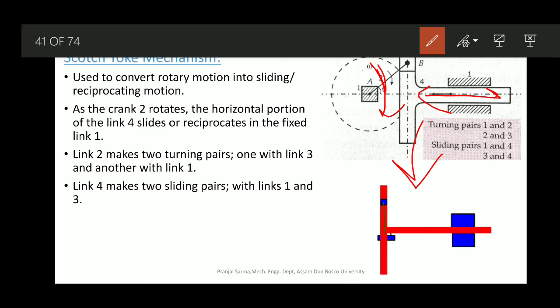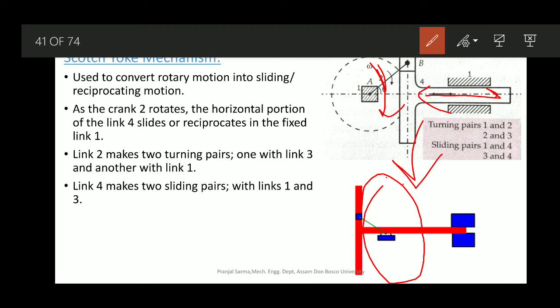Okay, and this particular T portion, that is the red. Okay, here this portion, the vertical portion, we have to put the slot there. Okay, so now in that particular slot only this slider is inserted, the blue part, which is connected to that particular crank. Now when the crank moves, the slider slides along this particular direction also, and as the crank is moving